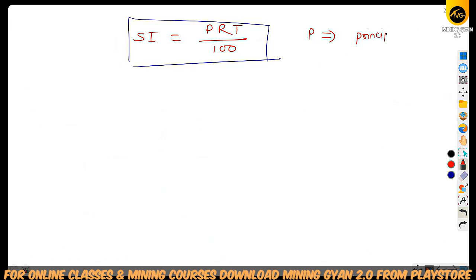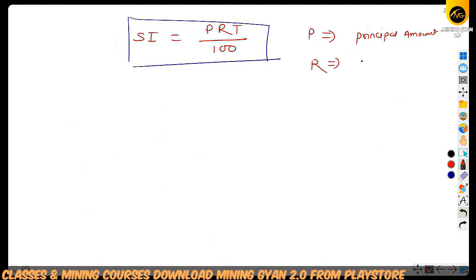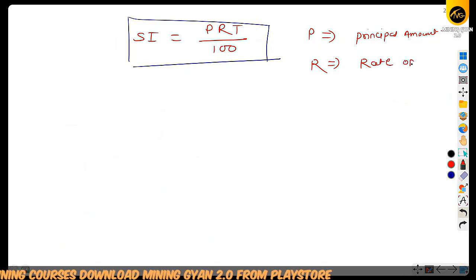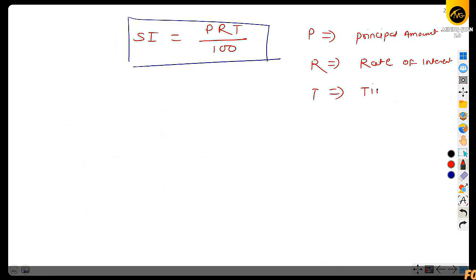amount. R represents the rate of interest, कि किस रेट में किसी ने कोई धन या कोई अमाउंट उधार दिया है या फिर उसको ब्याज पर दिया है. And T represents time duration. ठीक है, कितने टाइम के लिए कोई भी अमाउंट या प्रिंसिपल अमाउंट किसी को दिया गया है. So SI or simple interest is equal to PRT, principal amount into rate of interest into time